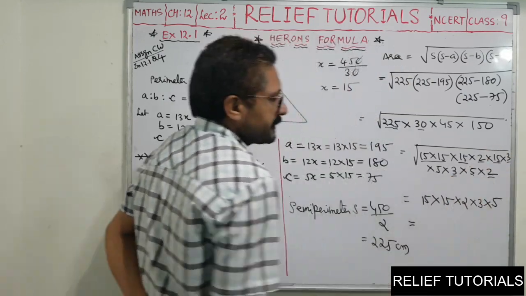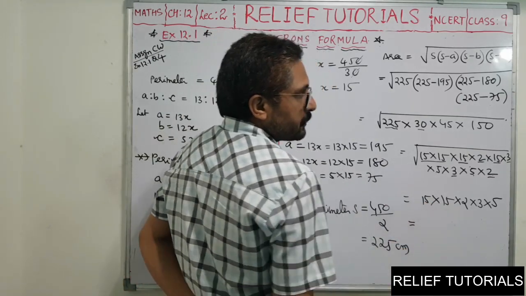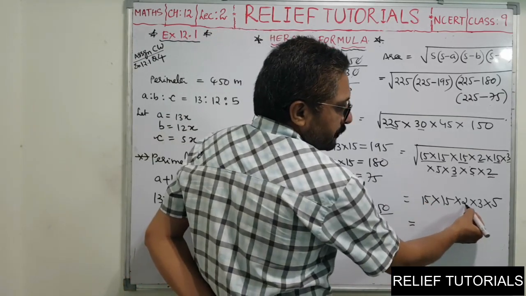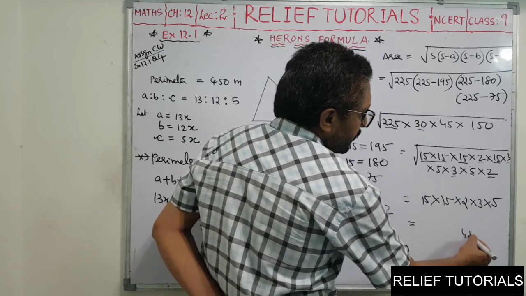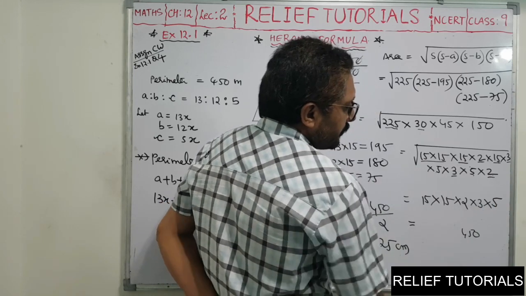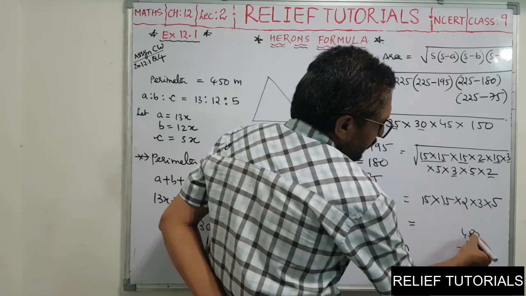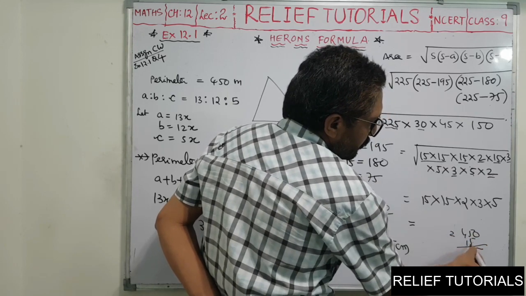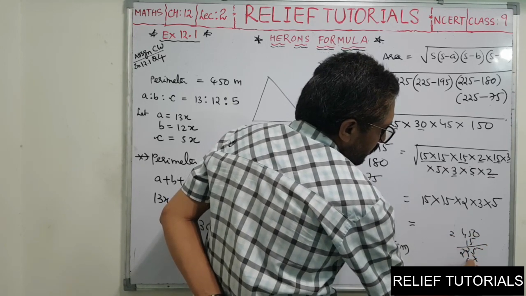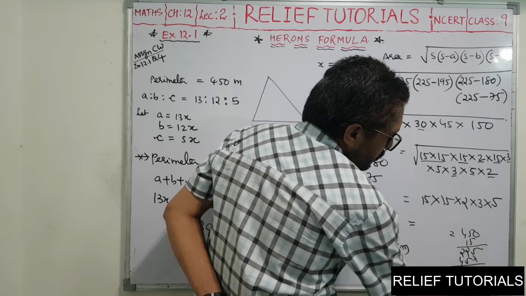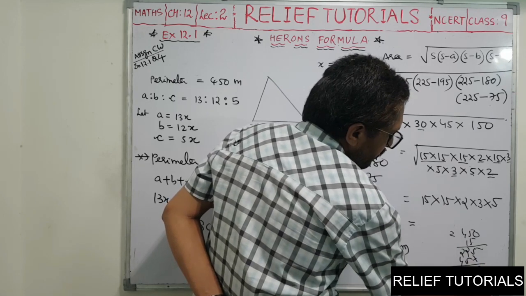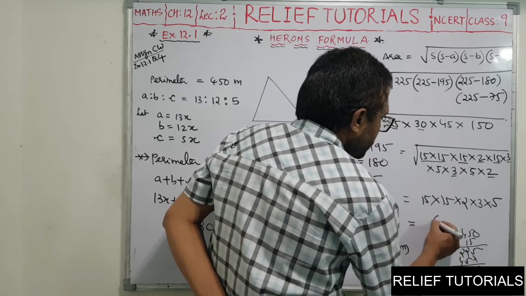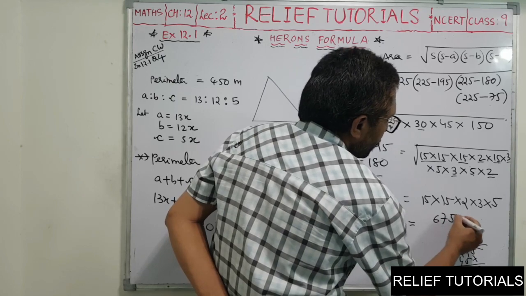Now we multiply this. 15 15s are 225. 225 into 2, so it will be 450. 450 into 15, so we multiply by 15. 5 5s are 25, carry 2, 20, 22. 1 5 is 5. 1 4 is 4. So 5. 5 2 7, 4 2 6. So 6750.